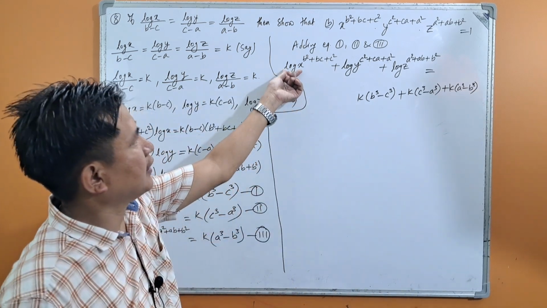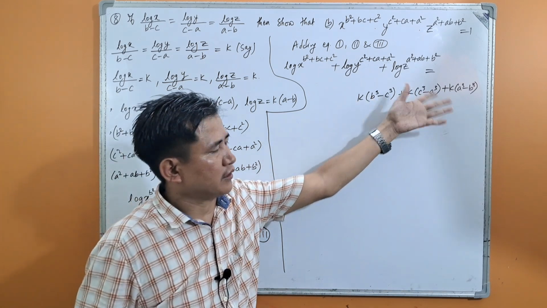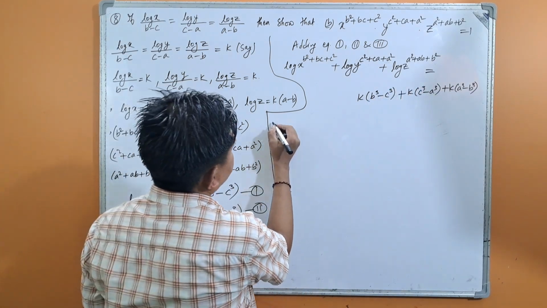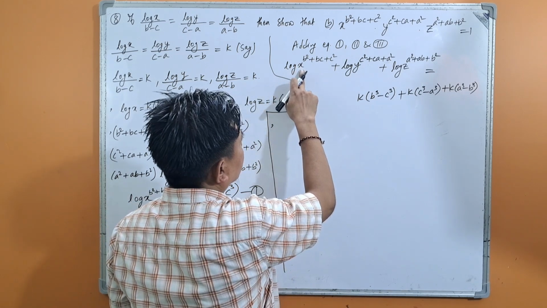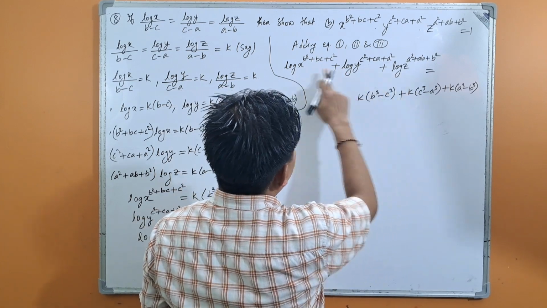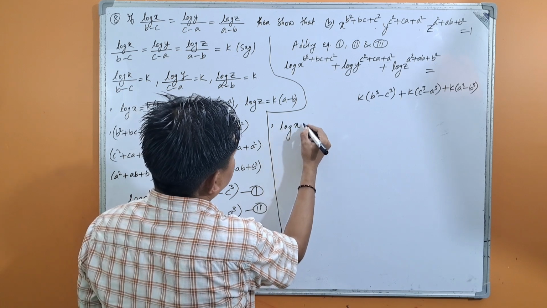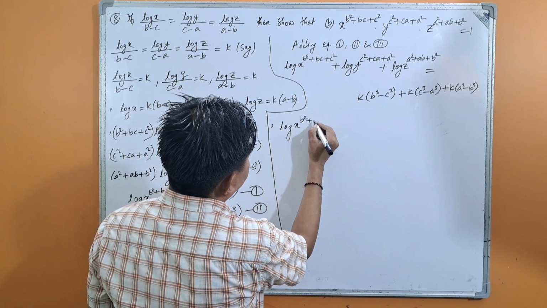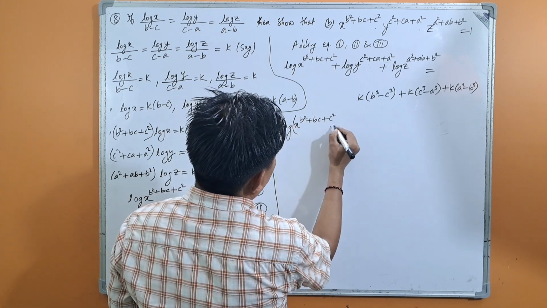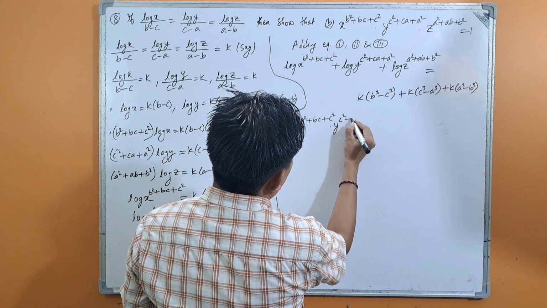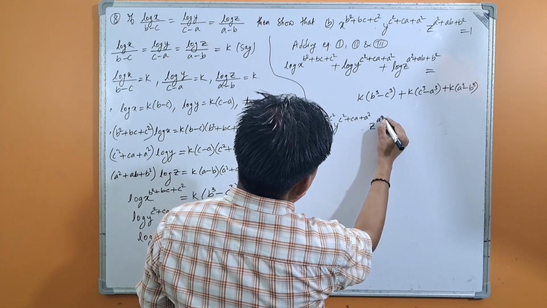We have added the left hand side of these 3 equations together and the right hand side also together. Now we sum up this. Left hand side we have log a plus log b plus log c, then we can write log abc, isn't it? So we write this, log x to the power b square plus bc plus c square into y to the power c square plus ca plus a square into z to the power a square plus ab plus b square